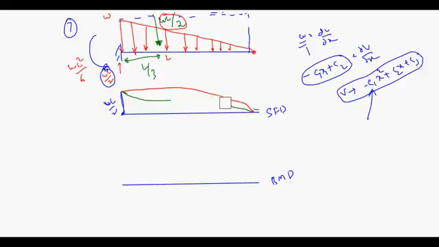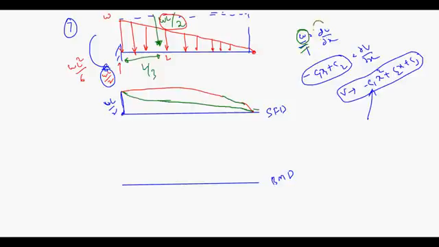Let me draw this a little clearly. Okay, something like this. Okay, and the red one is like this. So you have two possible parabolas. It can be the red one or it can be the green one. Which one will you choose? Okay, it is very simple. See here,